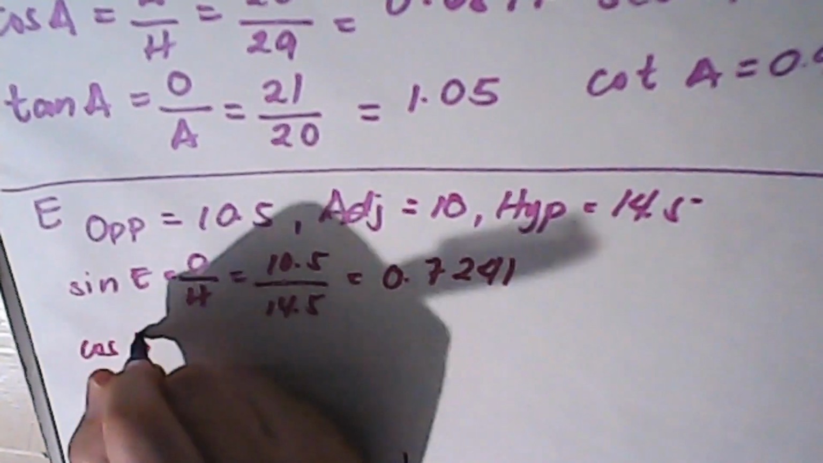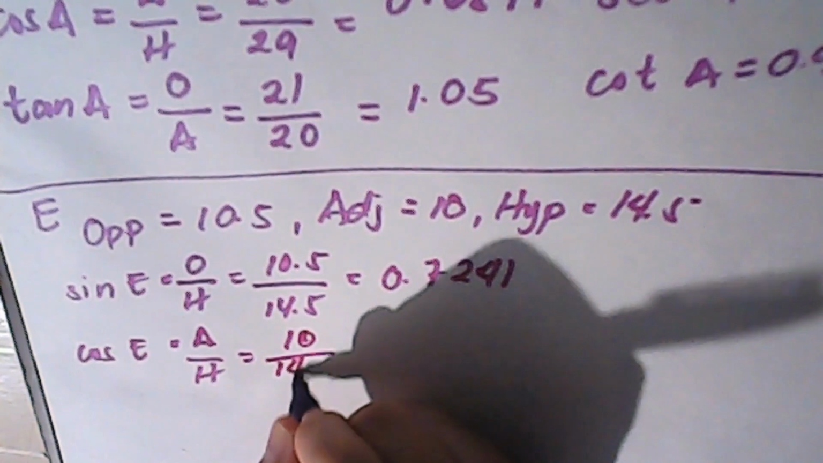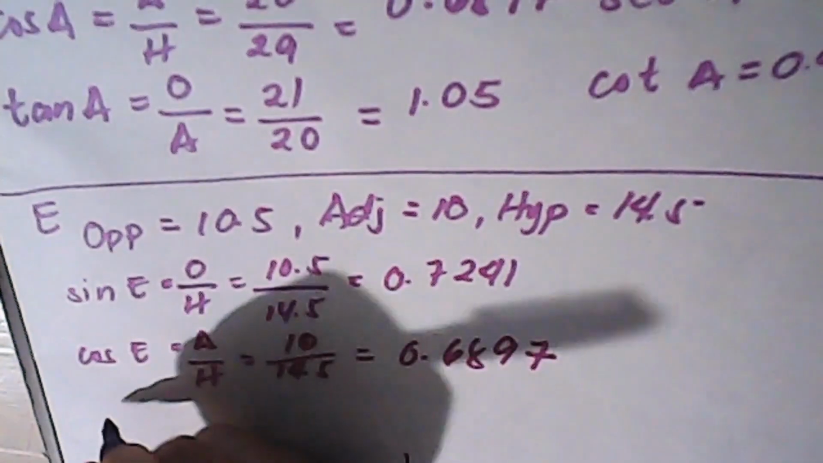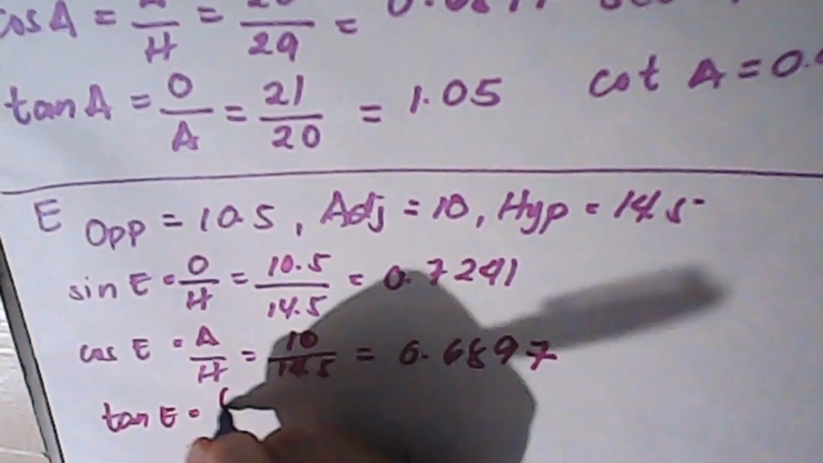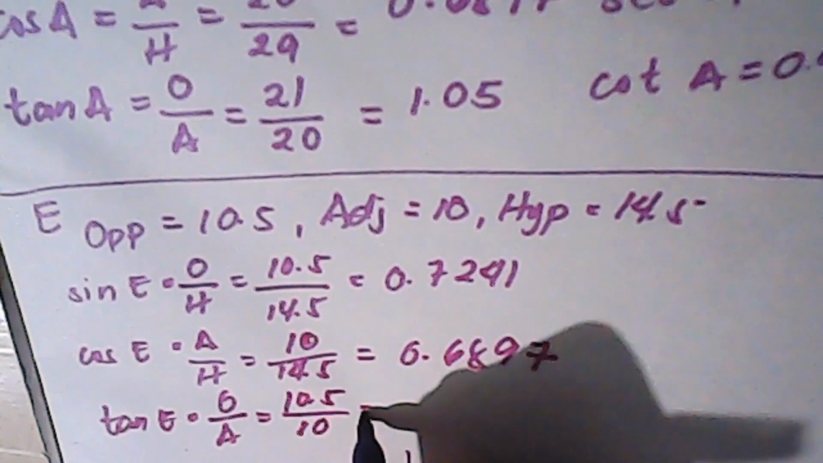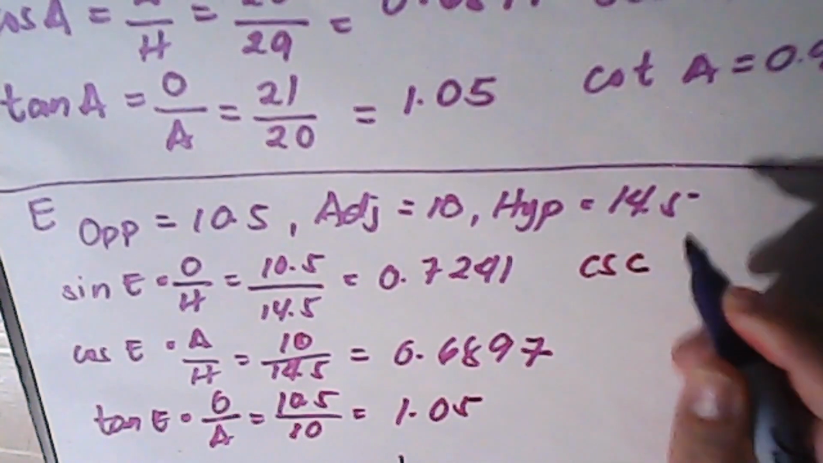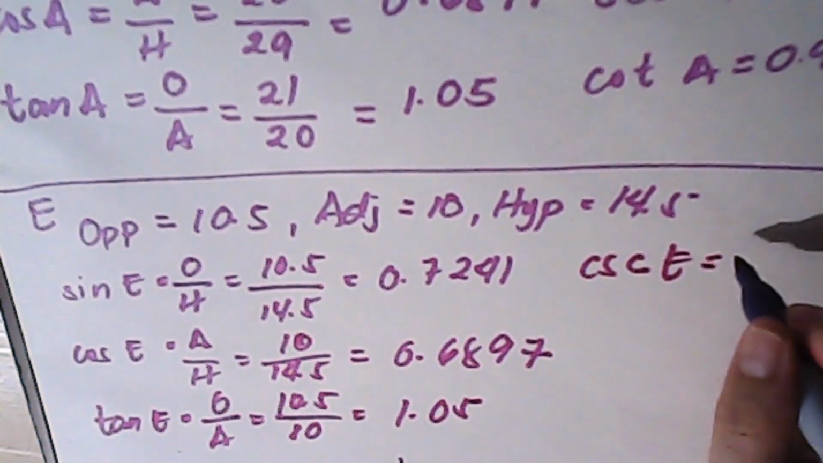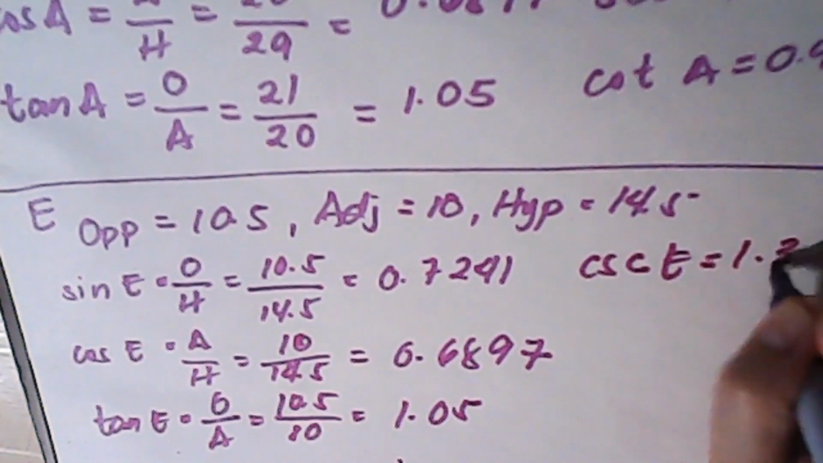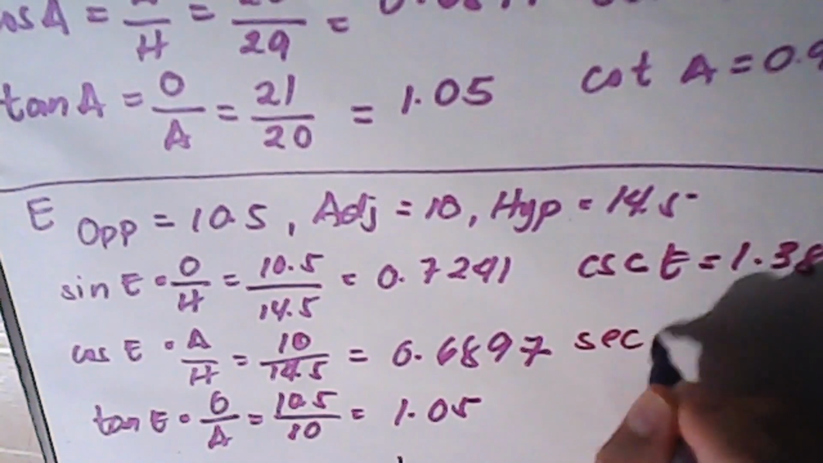Okay. Cosine E, which is adjacent over hypotenuse, and the tangent of E, which is opposite over adjacent, which is... Okay, for the reciprocal ratios, cosecant of E is the hypotenuse divided by the opposite side, which is 1.3810. The reciprocal of cosine, which is secant,